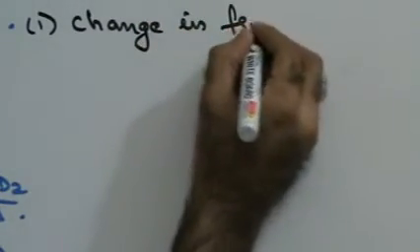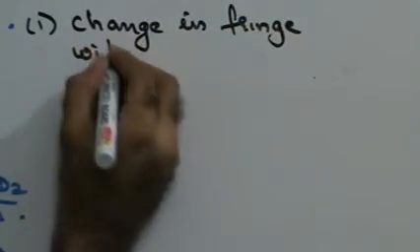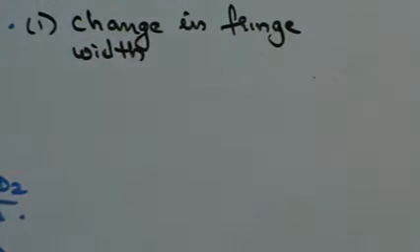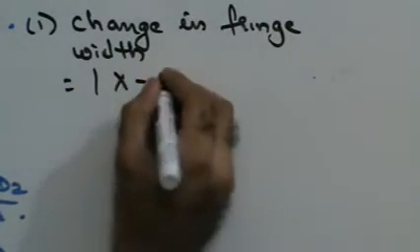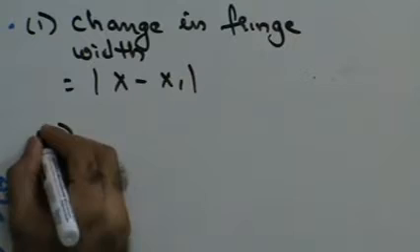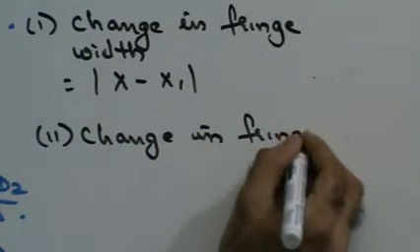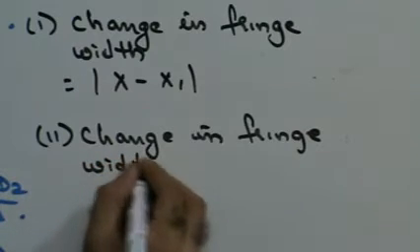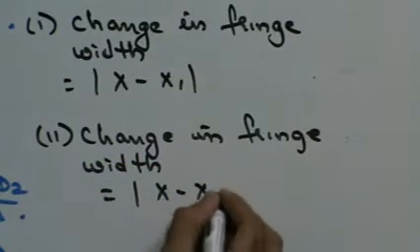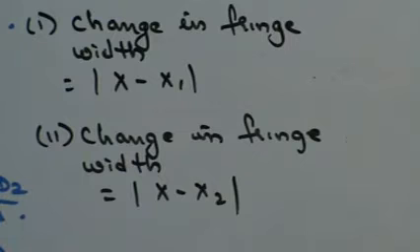Now, I can say in the first part of the question, the change in fringe width when it increases by 1 millimeter is the absolute value of x minus x1, and in the second case, the change in fringe width is modulus of x minus x2, right? So I'll come to know in both the cases what the change in the fringe width is. Fine, do we get this? The answer for this sum should be